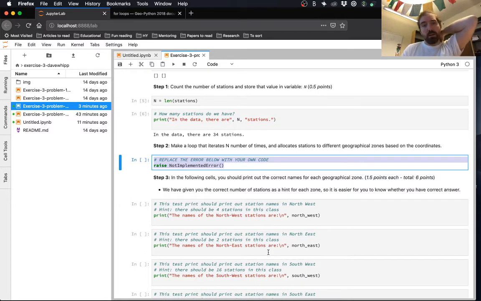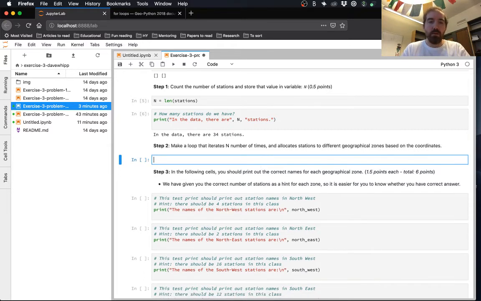So let's take our loop here. We know that n is the length of the number of stations. We want a loop that iterates n times. So we could do this with a for, and I'm going to again use the variable letter i to be our index value in this case, for i in range.